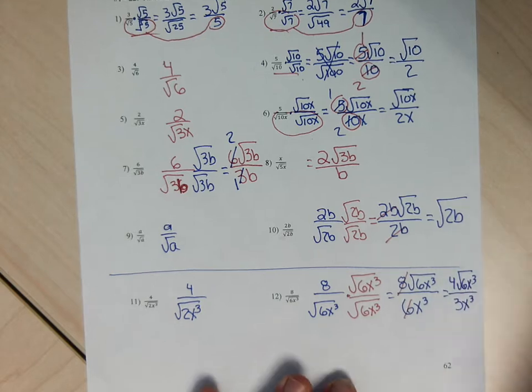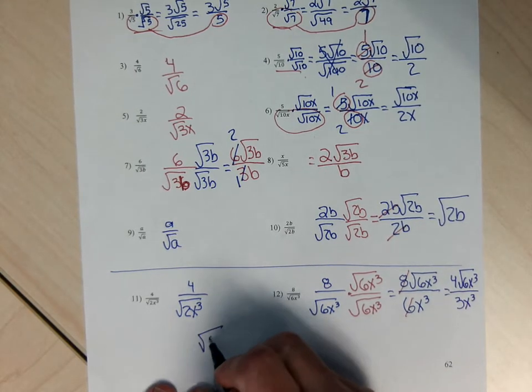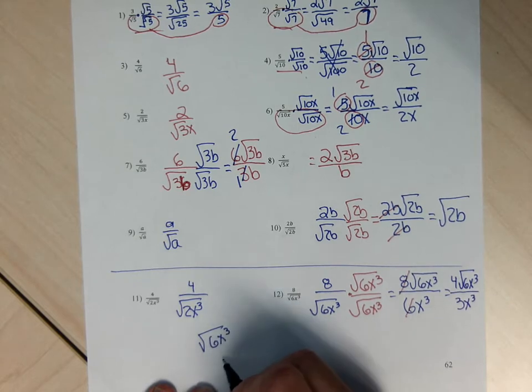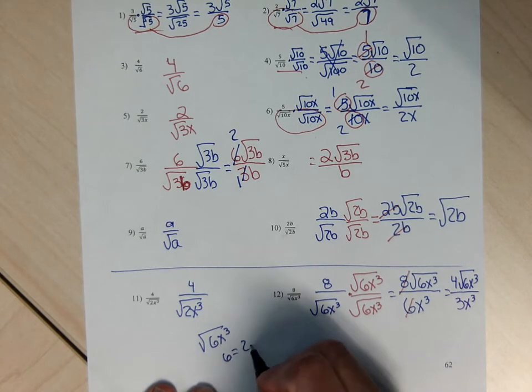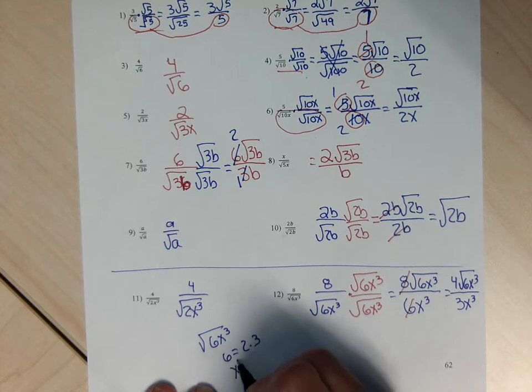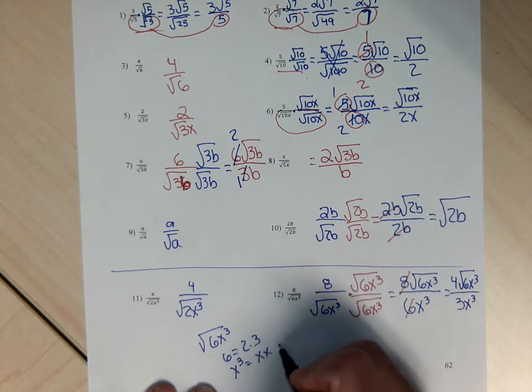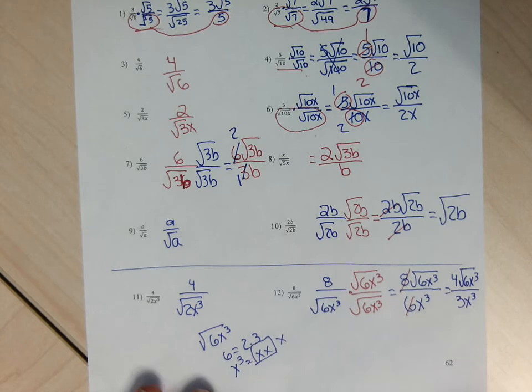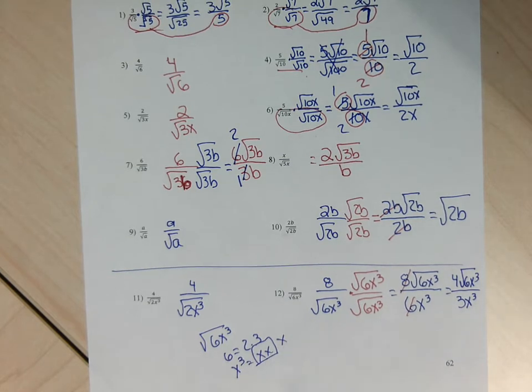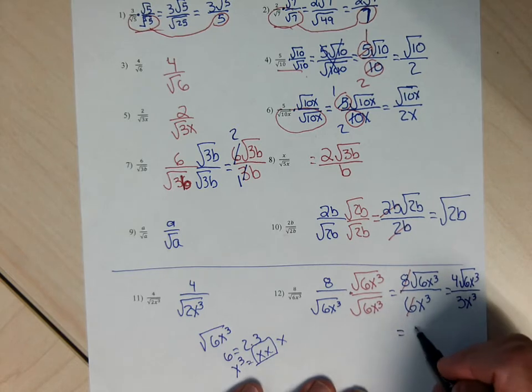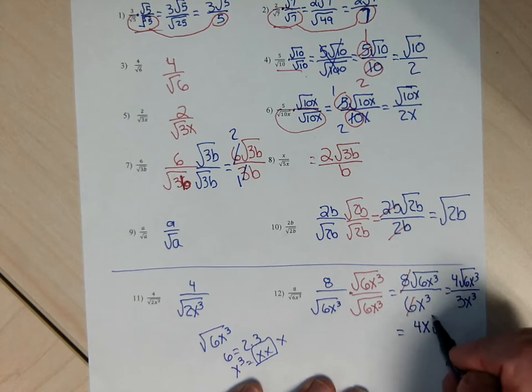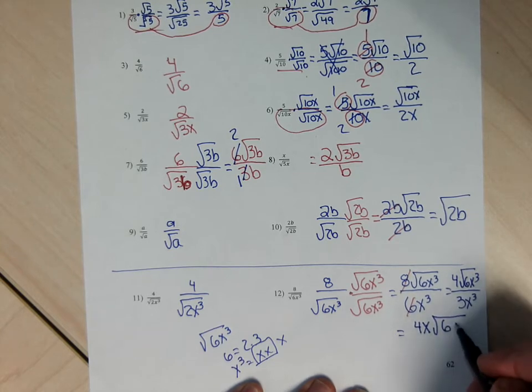If I stop there, my answer isn't completely reduced because that radical 6x cubed is a reducible radical. The 6 part of that radical isn't reducible because 6 doesn't have any pairs in its prime factoring. But in the numerator, the x cubed part of the radical can reduce to an x in front of the radical and an x under the radical. So if I reduce that numerator and bring an x in front of the radical, leave the 6 under the radical and an x under the radical,